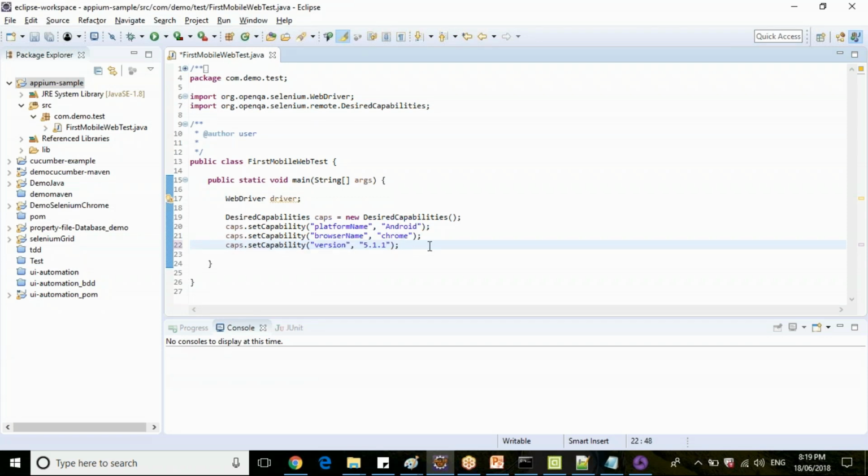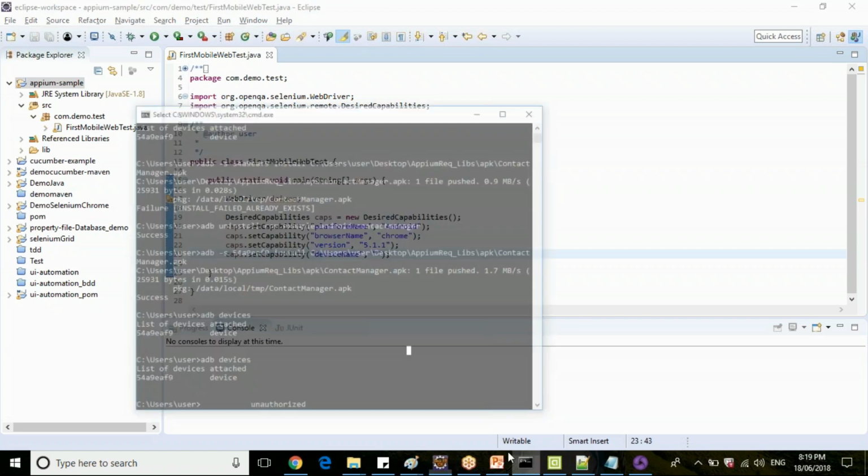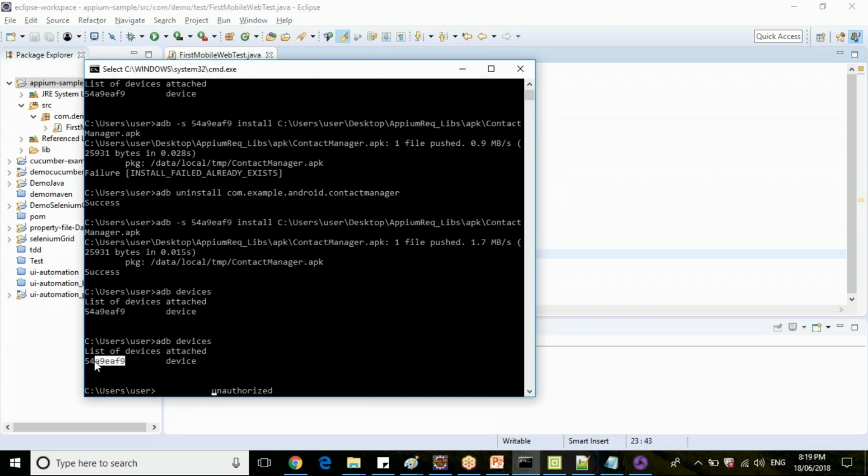And finally the device name. Okay. So what is the value for device name? Just open command prompt, type adb devices. You'll get the device serial ID which is connected here.